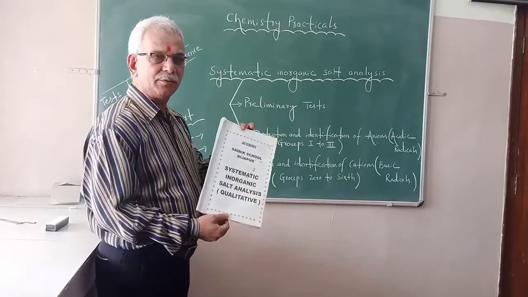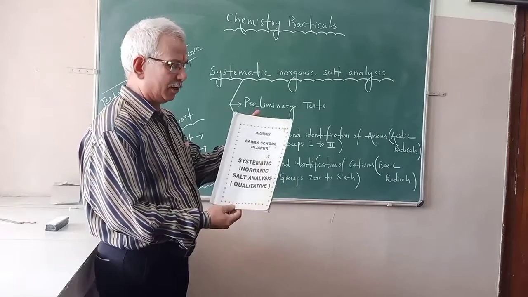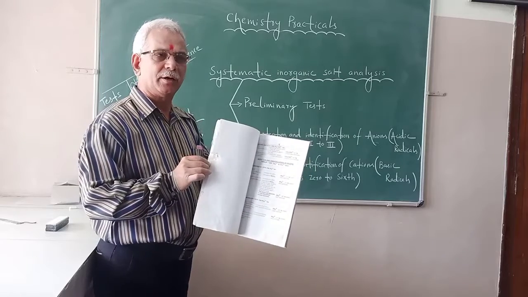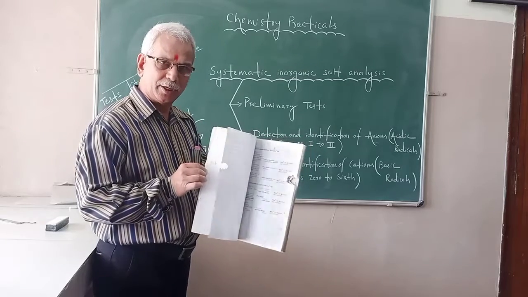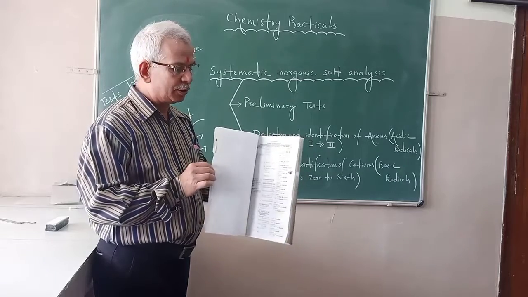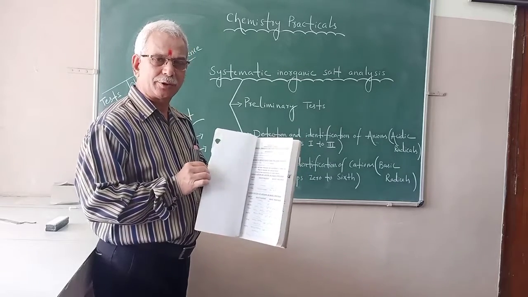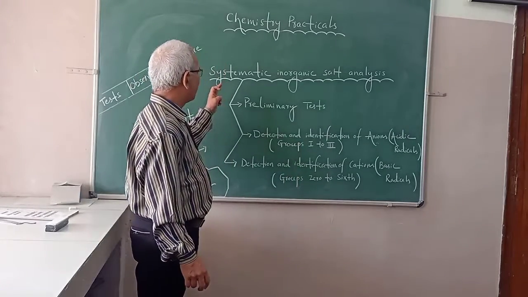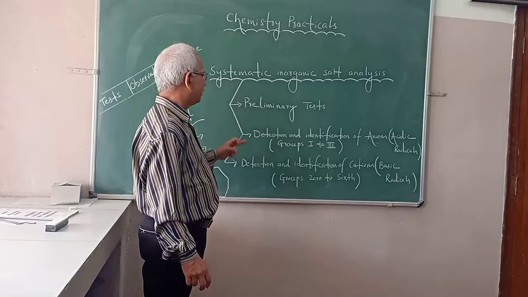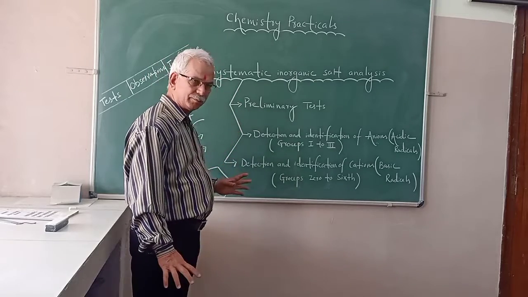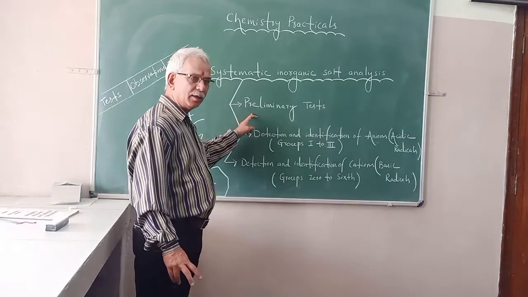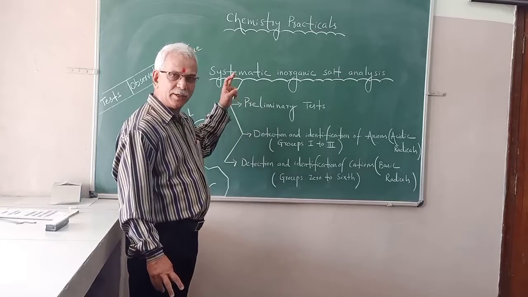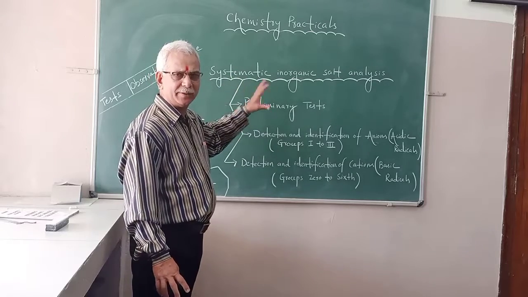This is the chart we have to use in our chemistry laboratory. A variety of tests are there for a particular anion and a particular cation, depending upon the property. This is allowed to be referred to in the chemistry laboratory. So how to write? Whenever you go for systematic inorganic salt analysis, 3 tests you have to perform. Number 1, preliminary. This includes appearance, color, odor and the heat test. It only gives an idea.